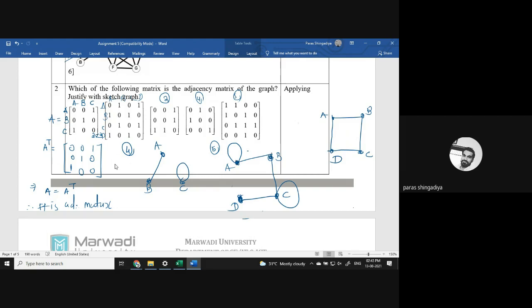All of you derived the same answer. Same graph, is there any difference? If you change the vertex notation, it will be different. But now verify that A has degree 3, B has degree 2, C has degree 4, and D has degree 1. Is it the same answer or not?